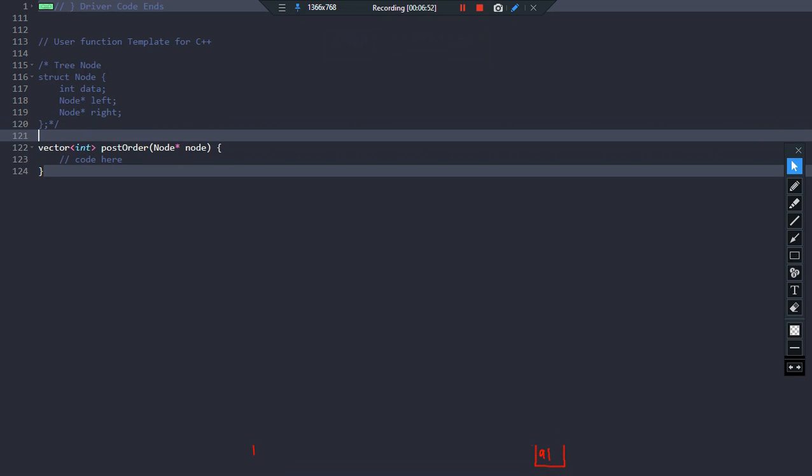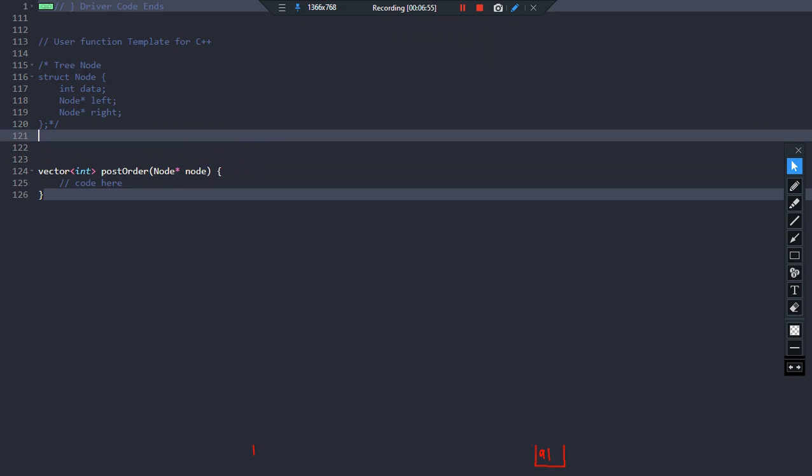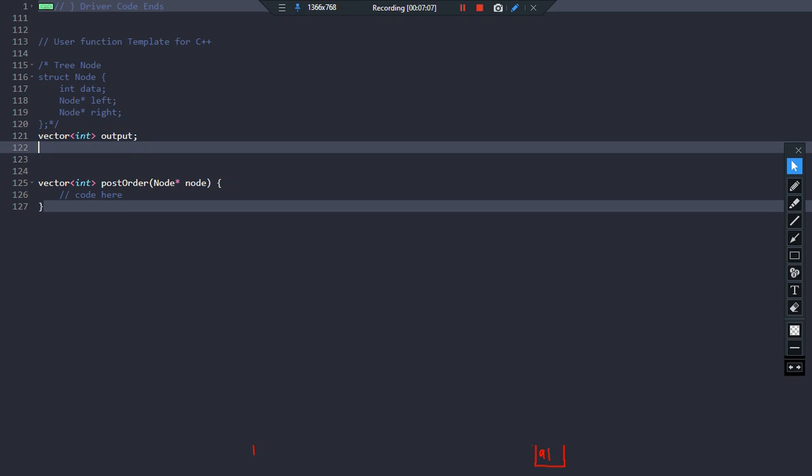Now I'll be very fast here because we are already familiar with what we do. I'm going to keep track of all the traversal in a vector of integer, called output. So this will keep track of all the outputs. What's next? I have to declare a function solve, which will do my traversal, taking Node star root.